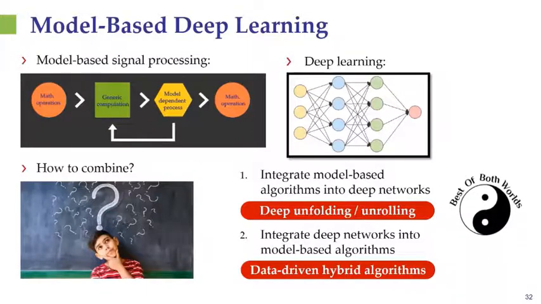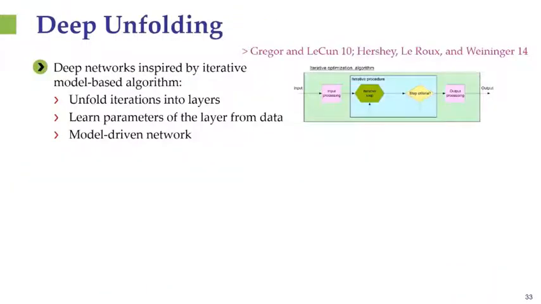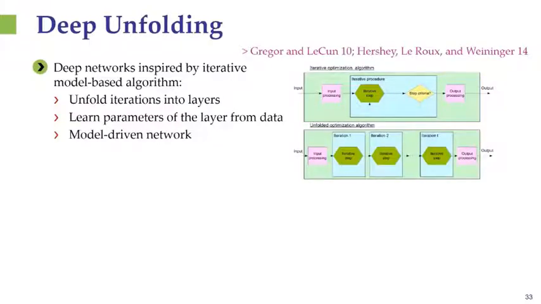So let's begin by looking at unfolding, which was first suggested by Gregor and LeCun and has gained growing interest in both the signal processing community and the wireless communication community. The basic idea in unfolding is to take our optimization problem that we talked about before, and instead of just looking at the loop of iterative steps, we're going to explicitly write out several of these steps. So for example, we could explicitly write out 10 iterations. So until now, we didn't do anything new. We're basically just implementing an iterative algorithm.